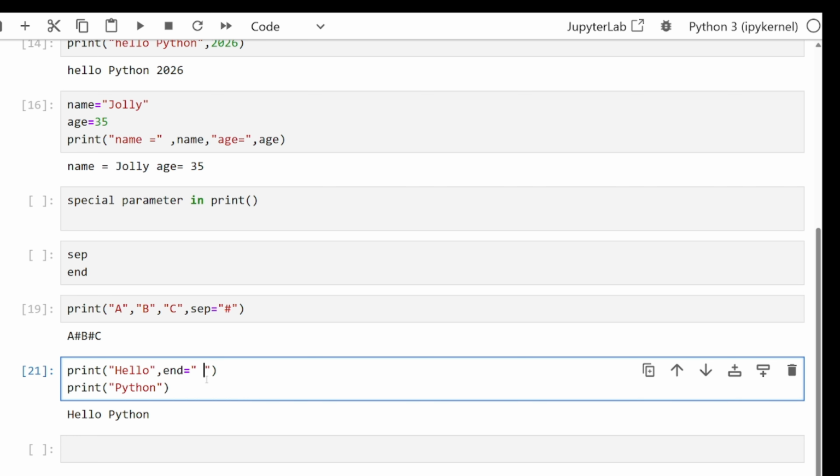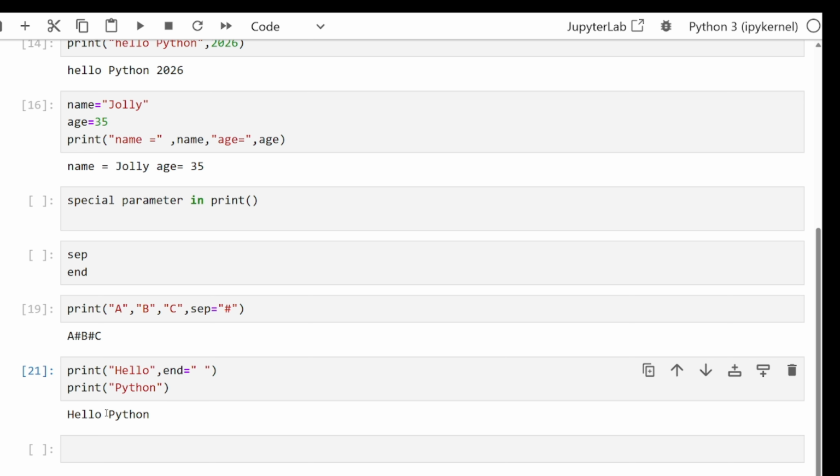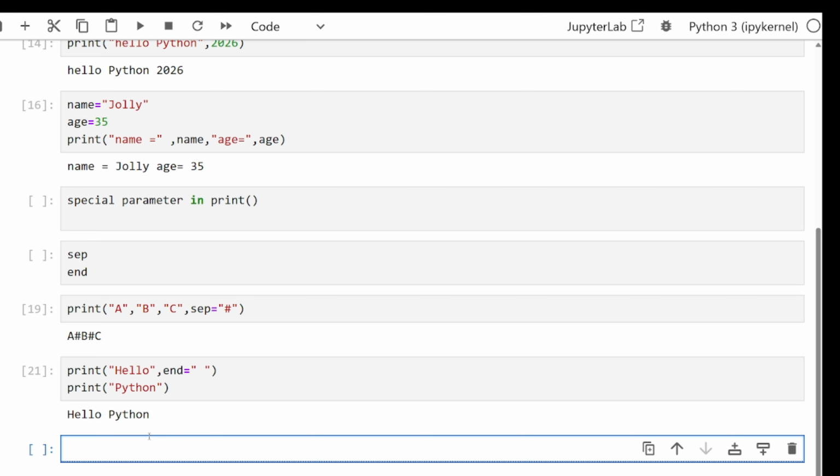By default, print adds a new line after printing something. But using the end parameter, you can change what comes at the end of the output. So print hello, then this adds a space after printing hello, then print Python. Print functions work with text, numbers,